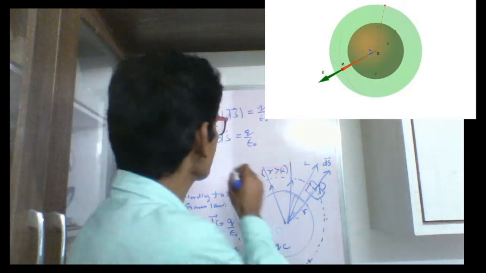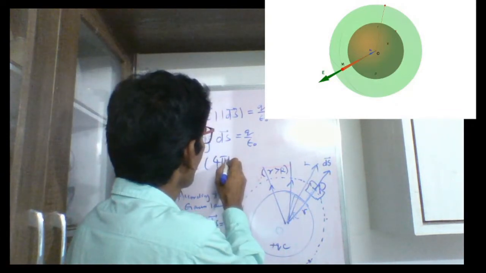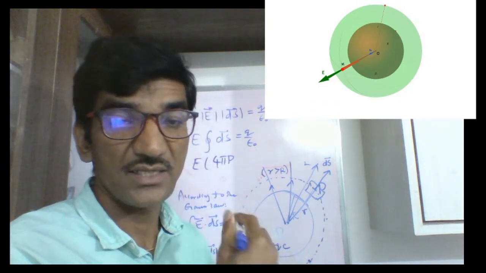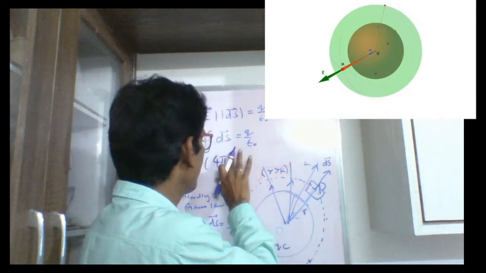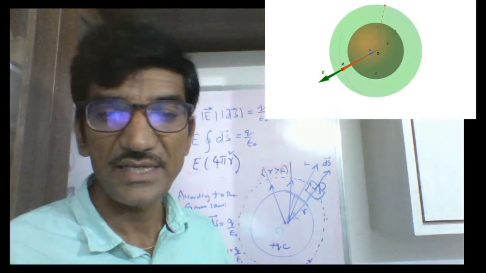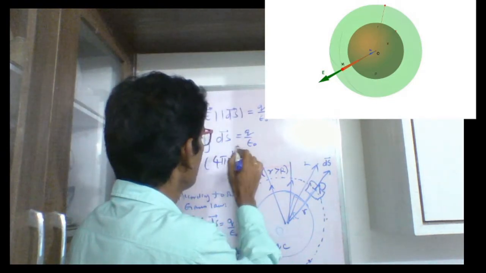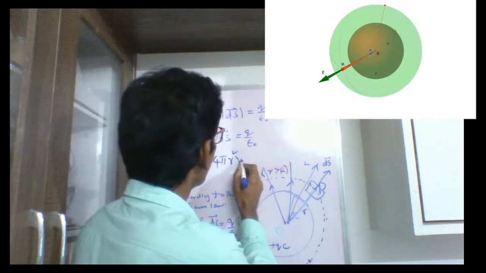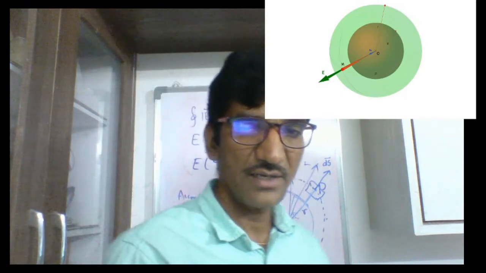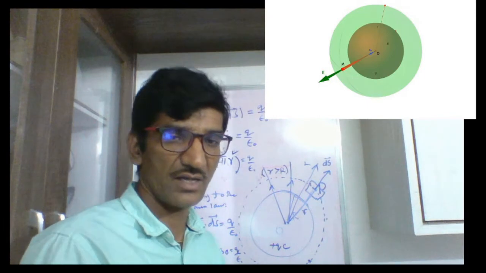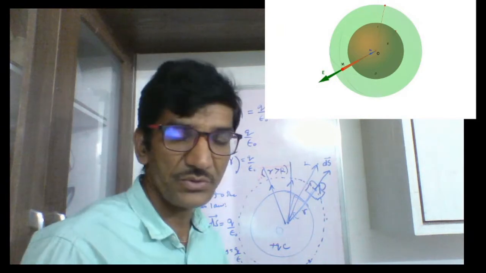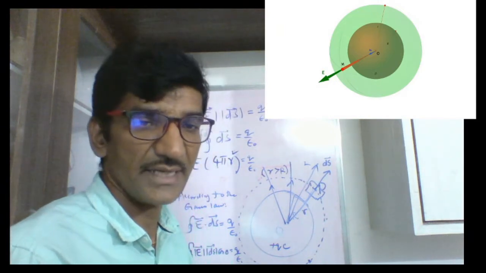That is 4 pi. You have to write capital R or small r? Because your sphere is an imaginary sphere, the radius of your sphere is small r. That's why you have to write here 4 pi small r square. This is equal to q by epsilon naught. Here you have to leave the confusion. Otherwise you cannot apply the Gauss law here. Even though you apply, you cannot get the correct answer. You have to consider only the imaginary object, not the real object.